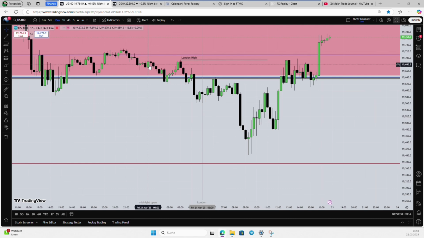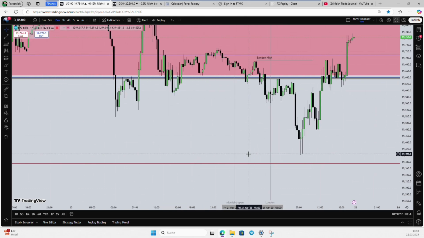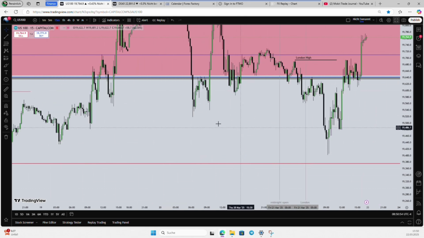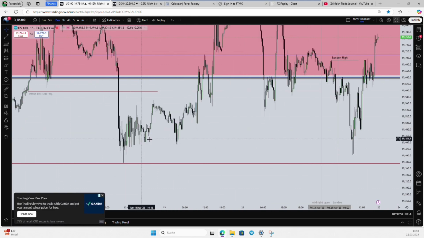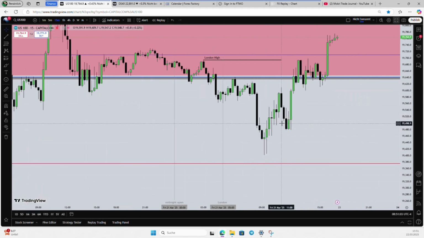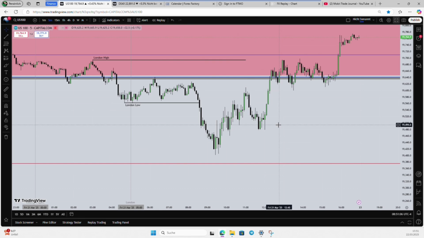And I have marked out the 5 a.m. London kill zone, the end of the London kill zone, because the London session actually goes to 7 a.m. But I use only the kill zone because the highs and the lows of the London session most probably form in the London kill zone session. So I use the 5 a.m. instead of the 7 a.m. This is the reason why I use the 5 a.m. Okay? So let's go lower to the 5-minute chart.